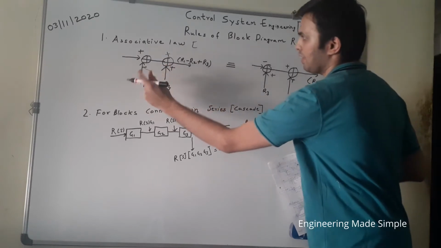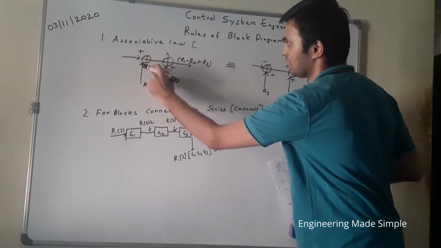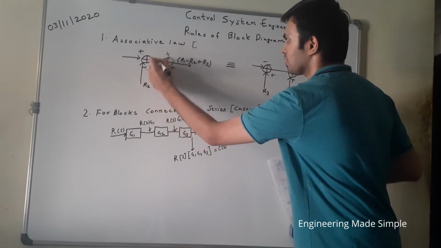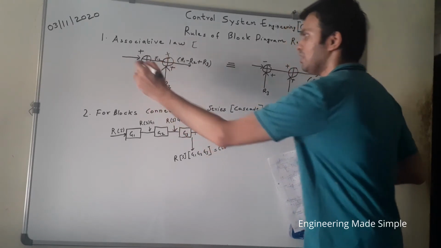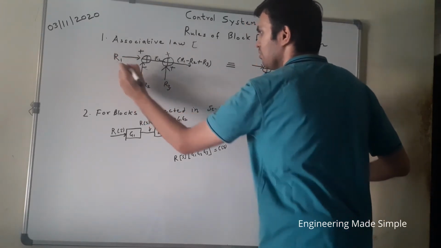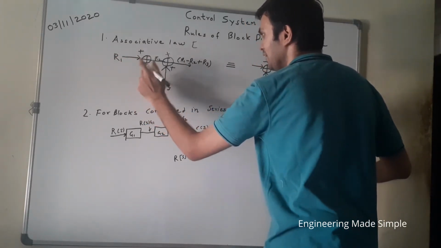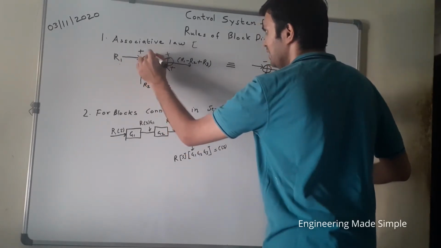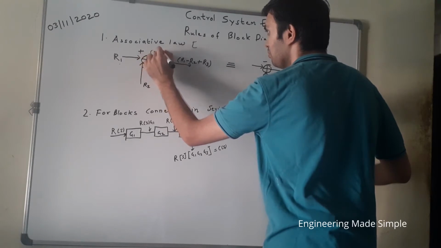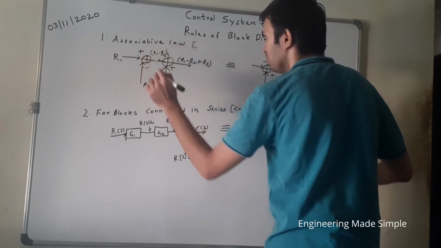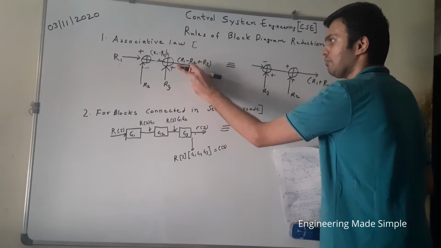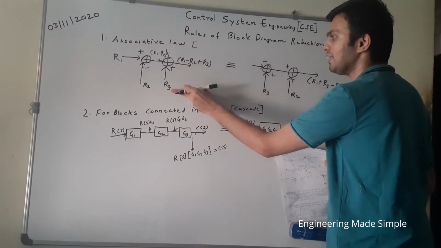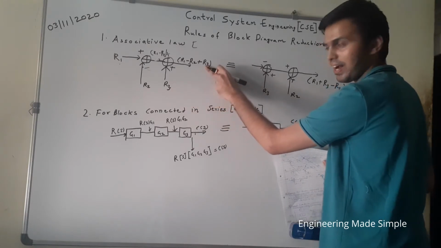So now here you see this is the first summing junction which has the polarity plus or minus. At the output of this one, this will be R1, but here the sign is negative. That's why it would be R1 minus R2. So at the output of the first summing junction, it would be R1 minus R2. Then the next summing junction is there. See over here. So R1 minus R2, and here R3 is added. So that signal I have added over here.